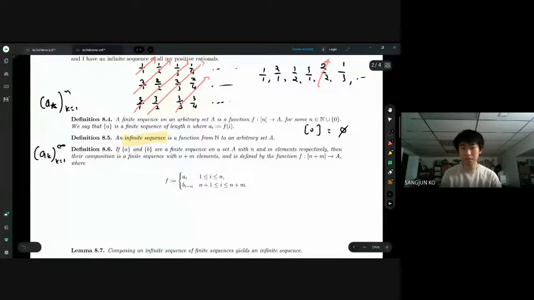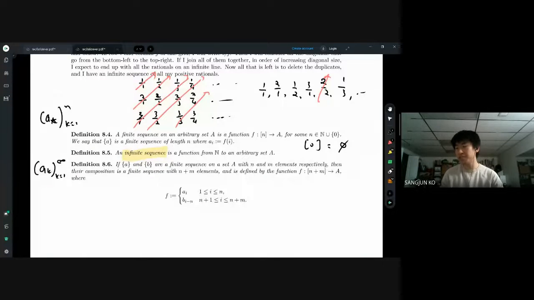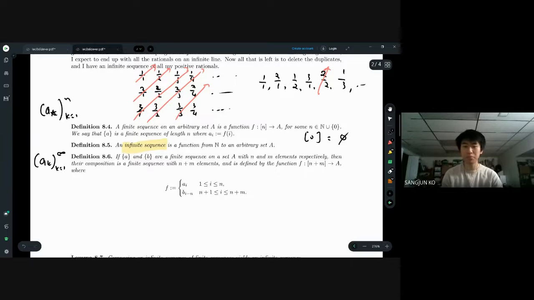Sure. So usually, the reason why I don't like this notation too much is that when you use curly braces, it usually means that these things are unordered, while in sequences order matters. And parentheses usually mean that order does matter, right? So that's why I prefer that notation. But some books just use